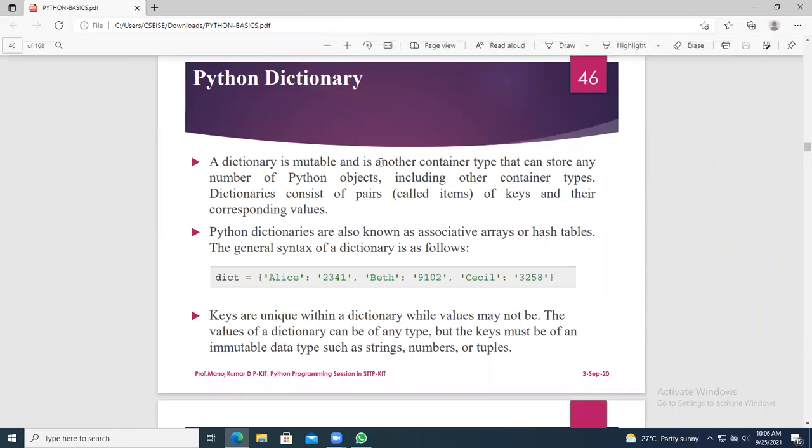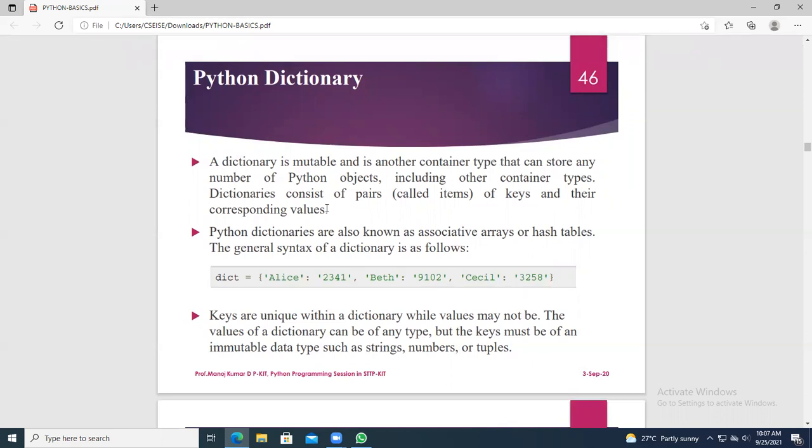A dictionary is a mutable container type that can store any number of Python objects, including other container types. A dictionary consists of pairs that we call key and value. In a list we have a set of items, and in a tuple also a set of items.